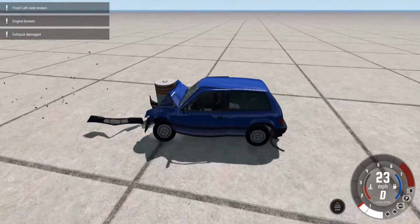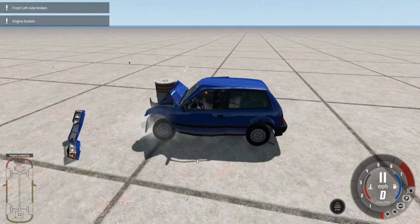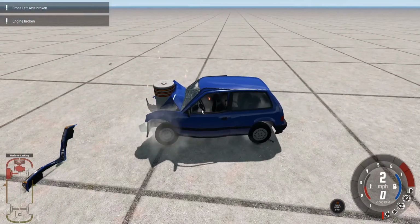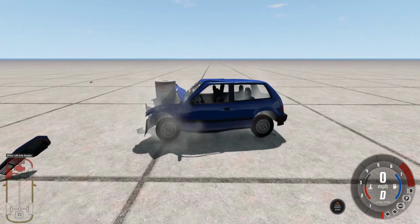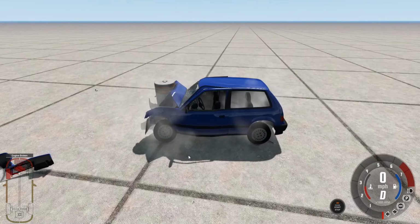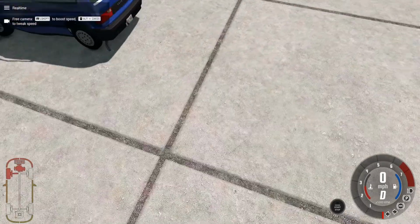Oh well, that's a heavy impact there, but the passenger car compartment has stayed relatively intact. The steering wheel has moved forward, the seat has moved forward, but on the whole that has sustained minimal amounts of damage. Right, we're just going to pull this car out so we can